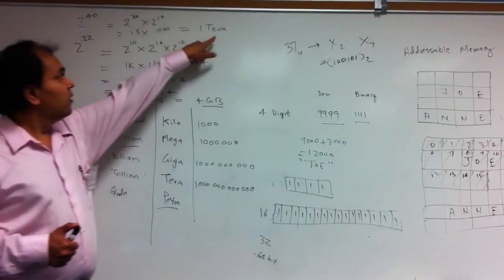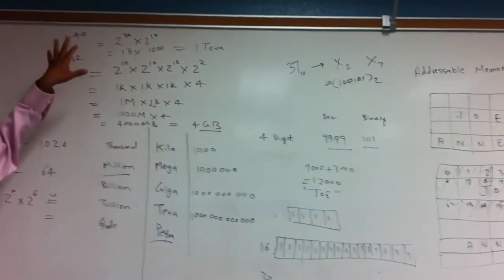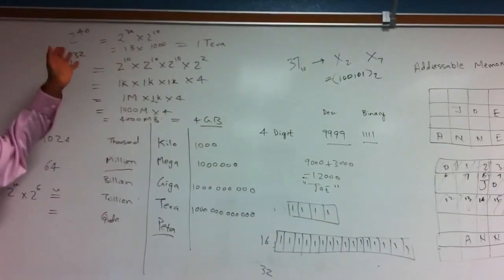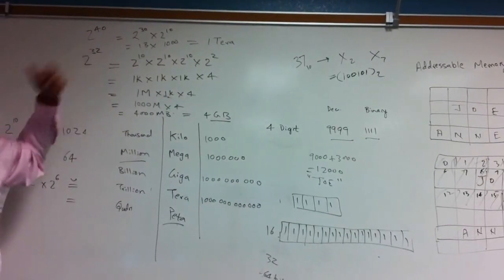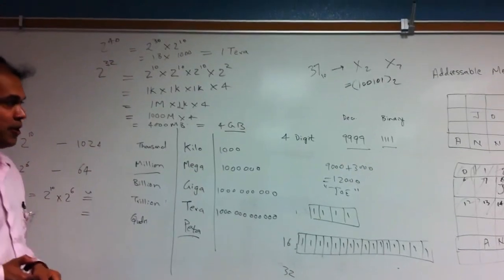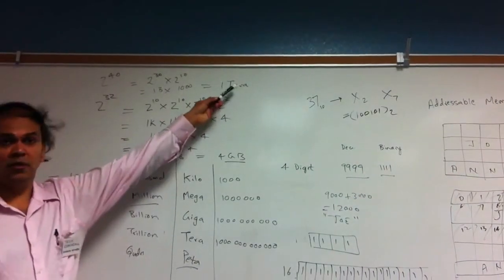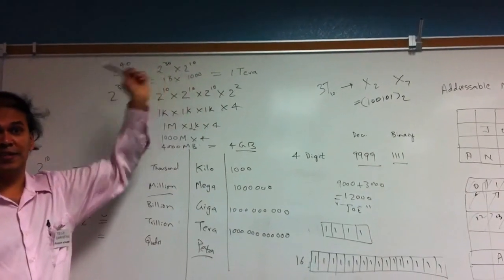So you can store on 2 raised to 40, that is a 40-bit computer, and not many computers are 40-bit, but if you were to have a terabyte of memory, you can't really have it unless you have a 40-bit computer. But if you have a 64-bit computer, then you're fine. You can pretty much store a lot more than a terabyte. Now you know how big is a 64-bit